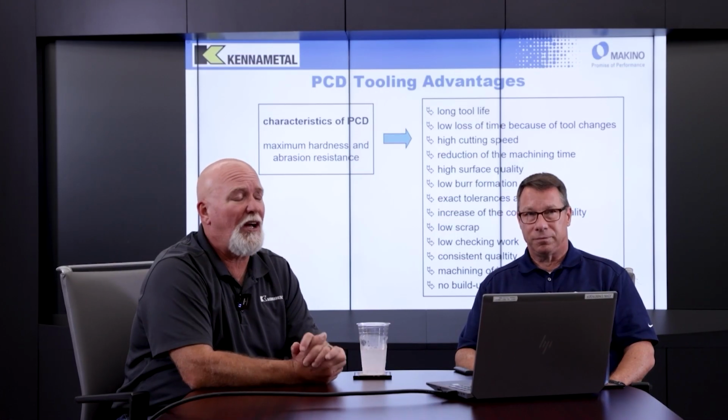We can get a longer tool life. It can run at much higher velocity speeds and feeds in non-ferrous materials than we can with carbide. And because it is hard, roughly 50 times harder than carbide on a Knoop scale, we can typically see a minimum of 10 times tool life over carbide, which is generally the minimum you have to see, because